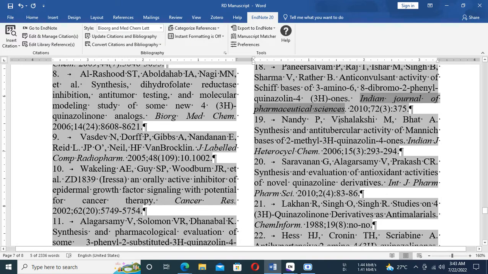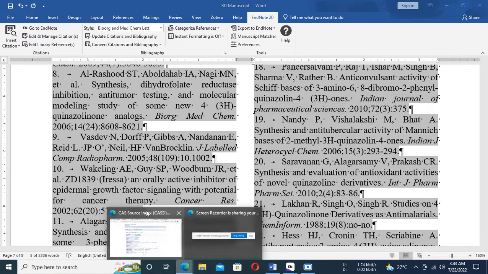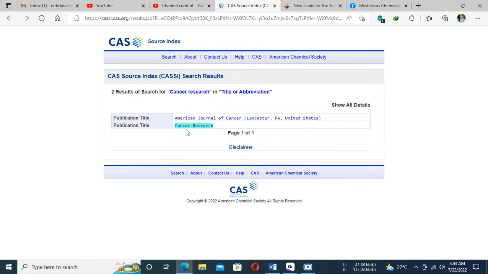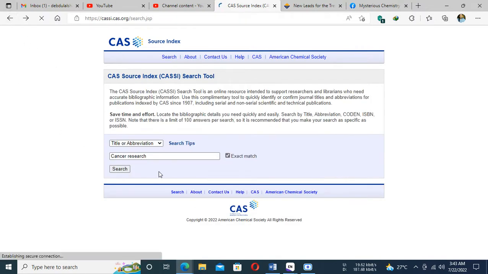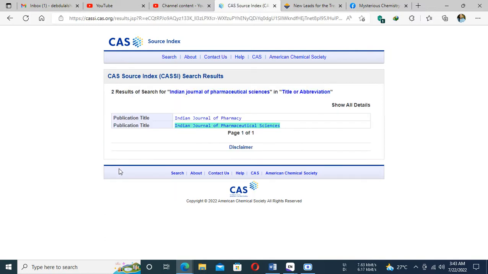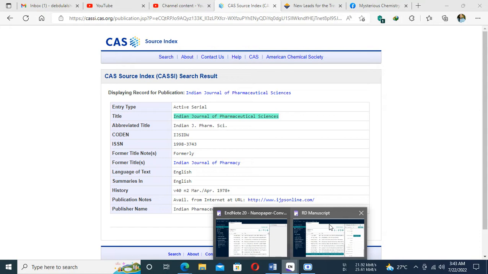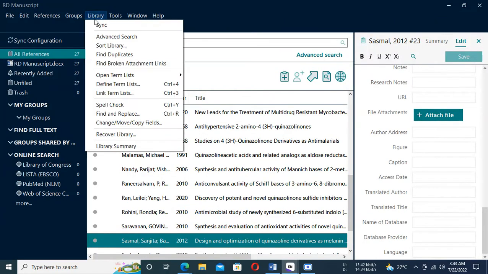Let us copy this information, go to the CAS abbreviation search, look for an exact match. So Indian Journal of Pharmaceutical Sciences, it's there, and this is the abbreviation. Now let us check the EndNote library